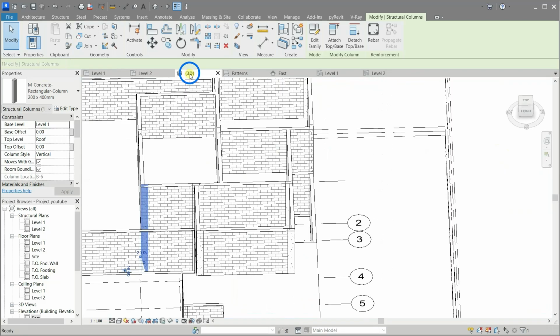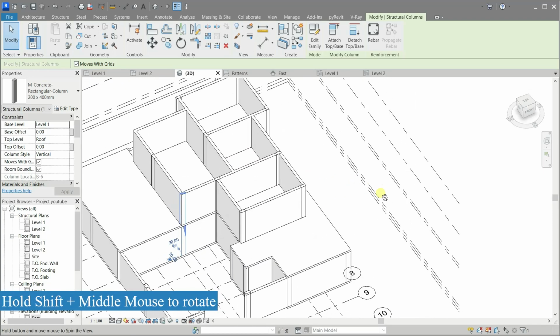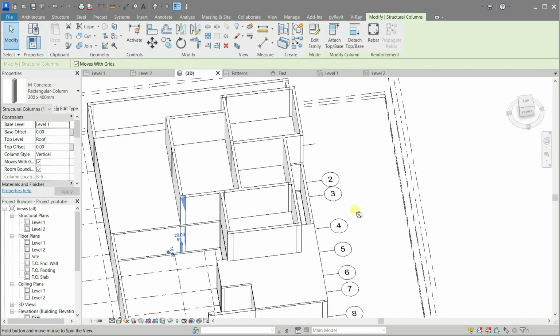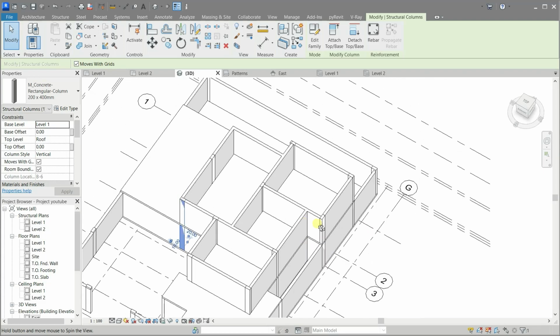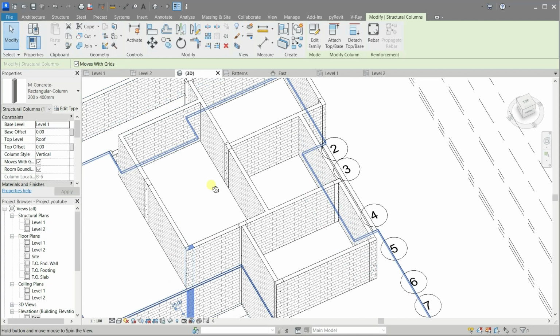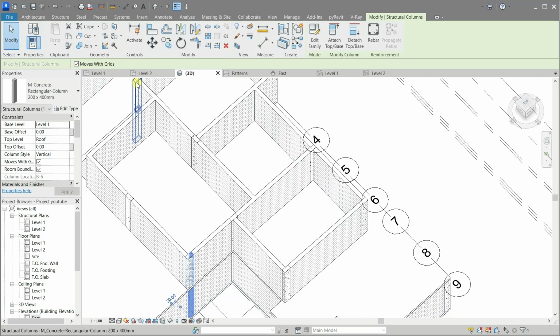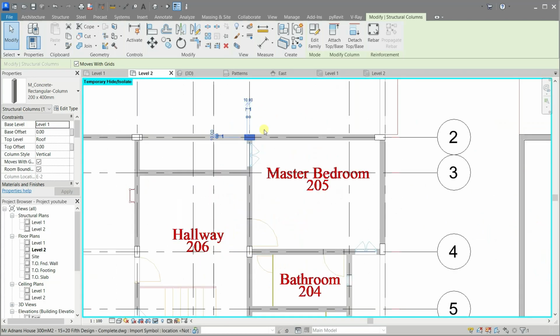Let's see the 3D view. Hold Shift while pressing the middle mouse and move the cursor to rotate the view. Notice every time we change to the 3D view, we yet find another column off the edge a little bit.